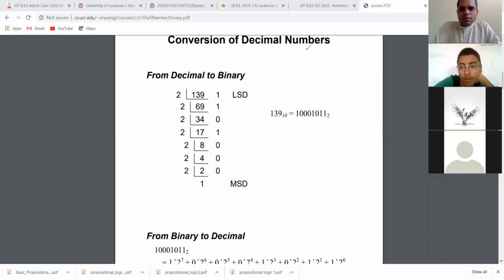Clear? So this is for today. I don't want to start another topic today because time is only 6, 7, 8 minutes. But yes. Why do we take 10 and 2 as base number only? Why do we take what? This 10 as base number. Your voice is not clear.